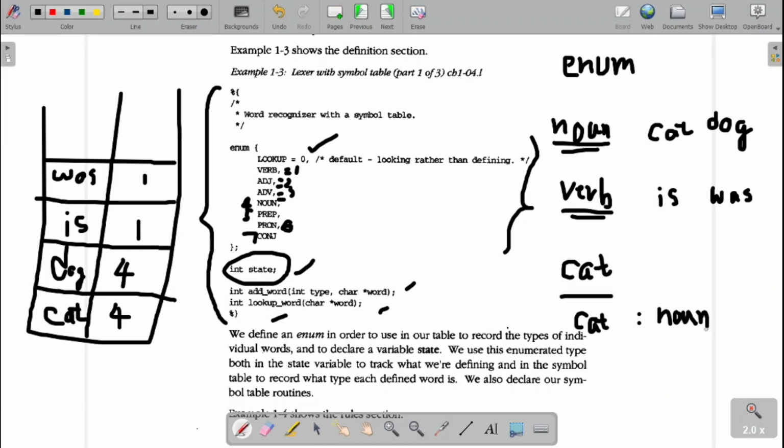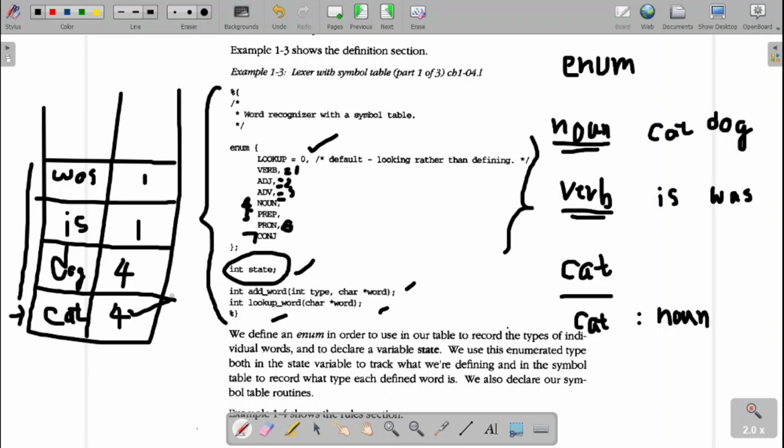So this is what my program should do. Fine. Now under this one, I need to search for this cat over here. Where is it present here? Here cat is present. What is the type of the cat? The type is 4. So 4 means what? It's a noun. So it should print me the noun over there. Fine. So this is what I need.